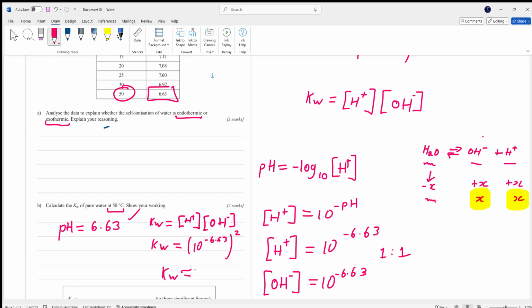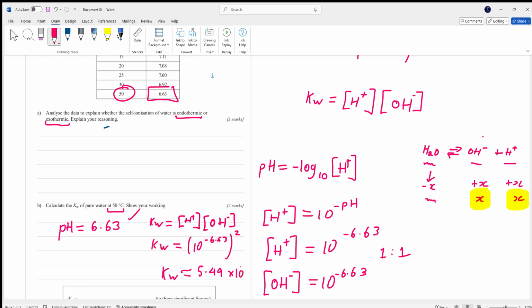We just chuck that into our calculator, so I'll just do that right now, because I don't have it prepared. 10 to the power negative 6.63, and then I want to square it. Alrighty, so we get about